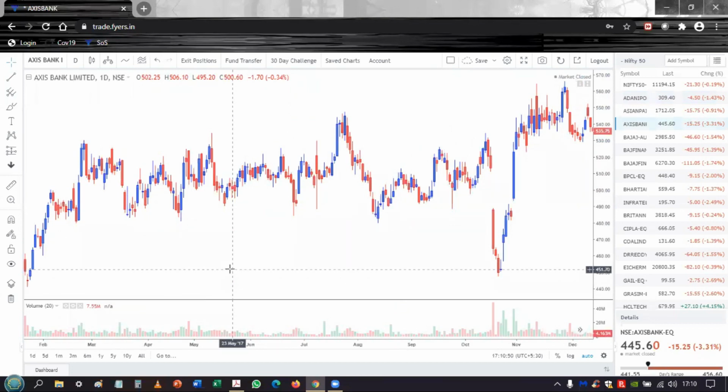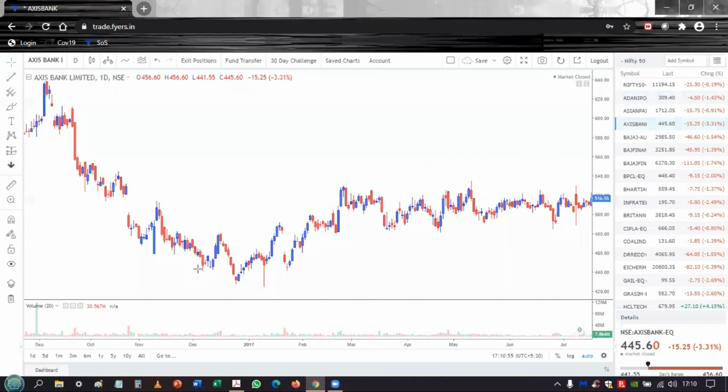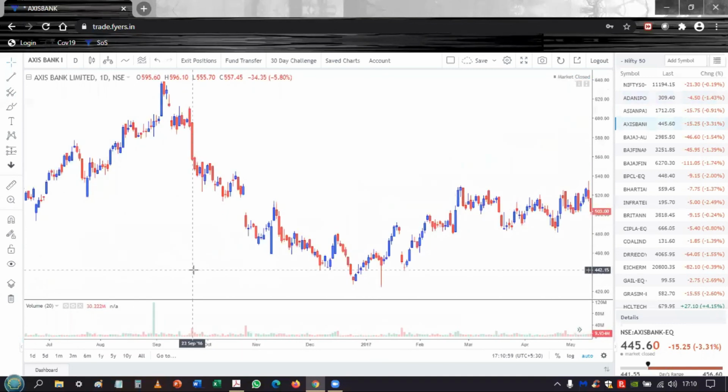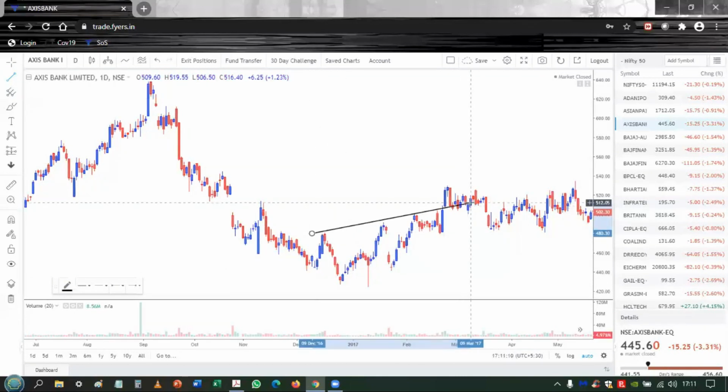I'm just quickly scanning, so I could miss out on a few patterns. But what you could do, over the weekend or until the next webinar, is scan the prior history of charts and try to spot patterns that we have discussed in today's webinar. So over here, for instance, I can spot an inverse head and shoulder type pattern. This is the inverse head and shoulder, although not a classic one because the trend line is upward sloping. So the first shoulder, then you have a head, rally, second shoulder.